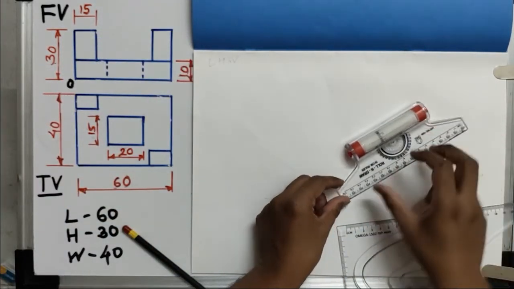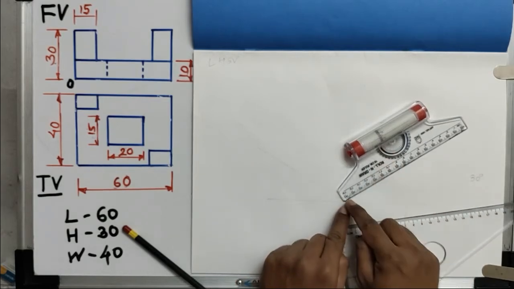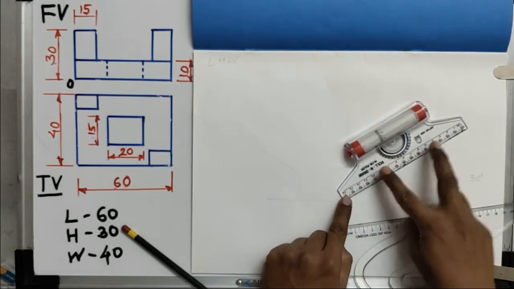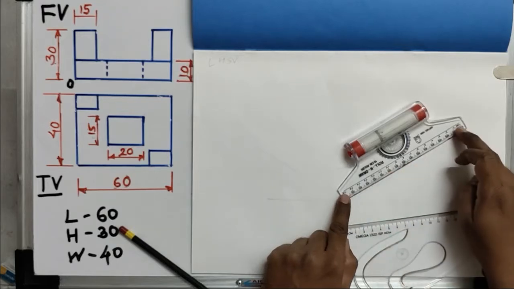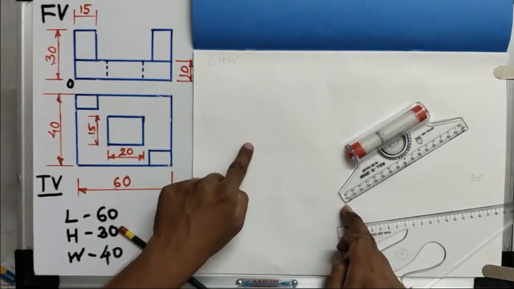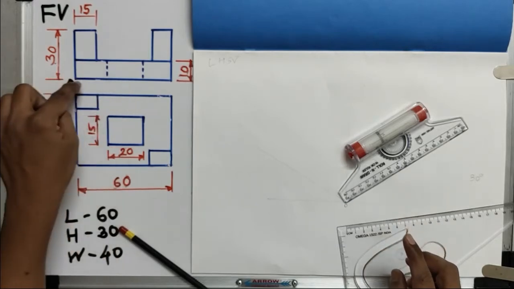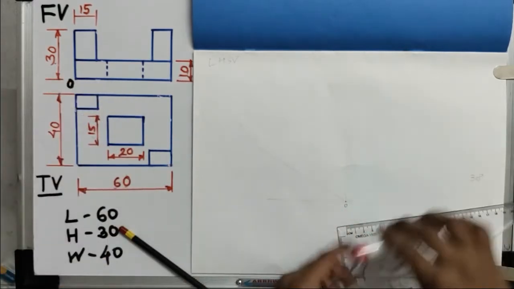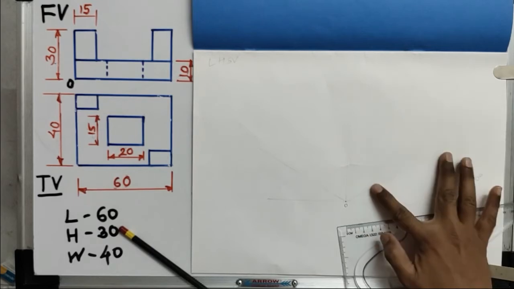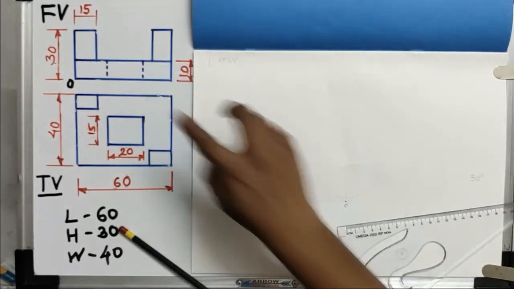Then after coinciding that origin point with the lower left corner of the object, the complete structure of the front view will go towards the right side inclination line or left side inclination line. So in this case, if I am going to match the origin of the front view with this origin point, the front view will go towards the right side inclination line. Means we have to create such type of structure here.